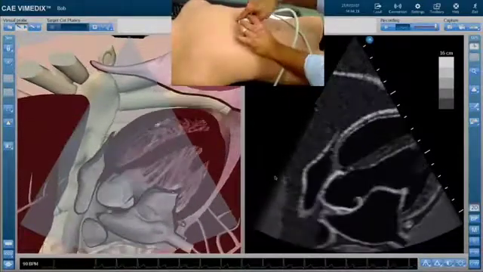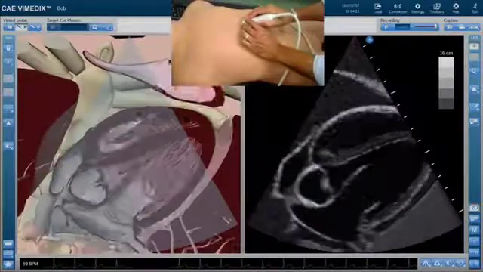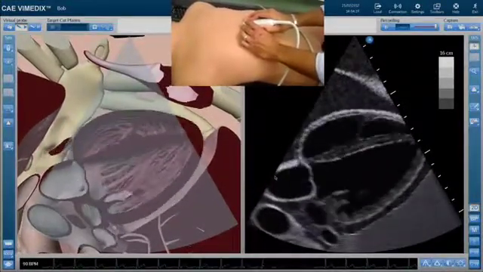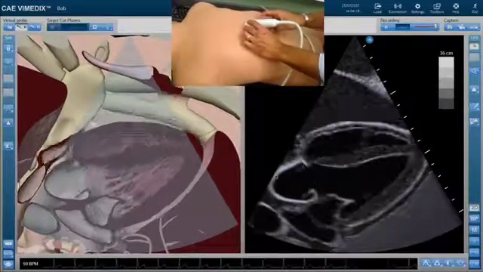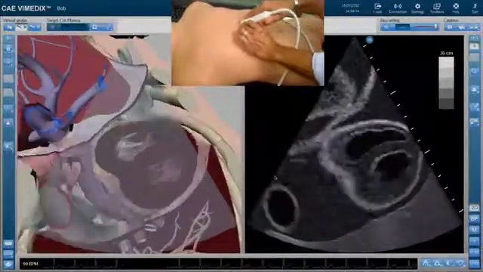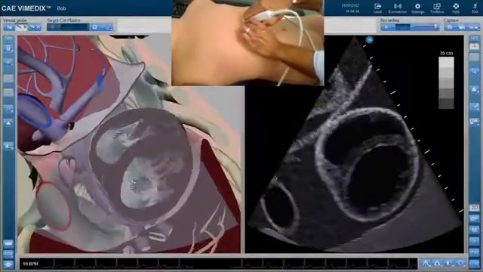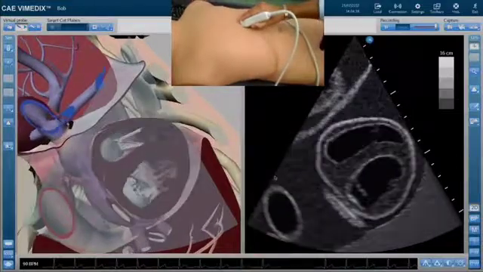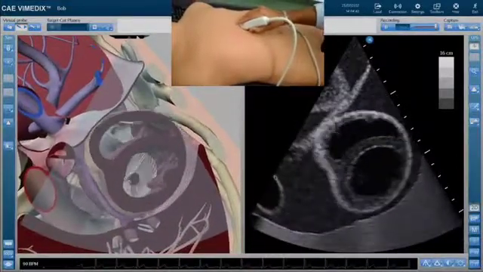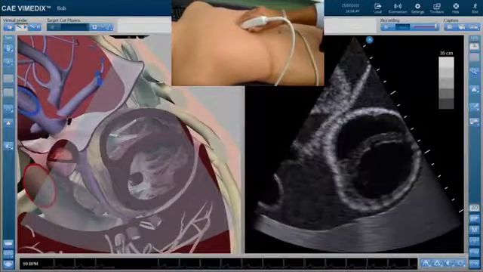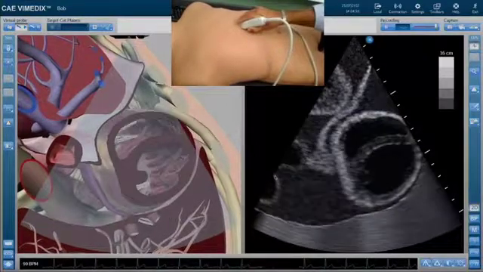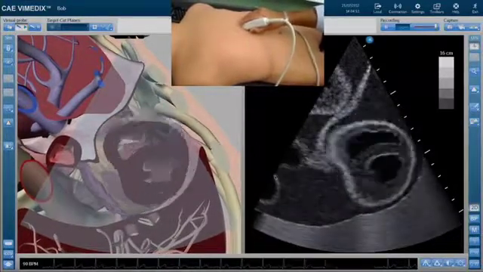Now another area I'd like to highlight: we're going to adjust our tilt to have the left ventricle more in its entirety in our ultrasound window, and we're going to rotate counterclockwise from the 3 o'clock position shown here to roughly the 1 or 2 o'clock position. By doing that, we're able to get a short axis cross section of the left ventricle. You can see a very similar view to the parasternal short axis view can be obtained from the subxiphoid space by simply rotating our probe counterclockwise to roughly the 1 or 2 o'clock